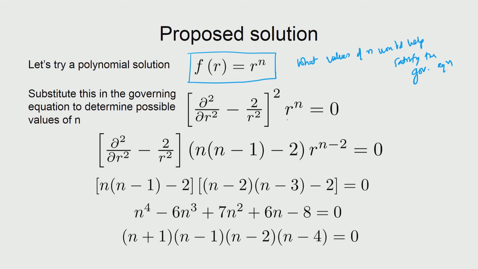So, we go ahead and substitute that f of r here as r raised to the power of n. So, when you act first time, you have dou square by dou r square r raised to the power of n, that would basically give you n into n minus 1 into r raised to the power of n minus 2, and then the second equation is nothing but 2 into r raised to the power of n by r square. So, you basically arrive at this. Okay. So, that is n into n minus 1 minus 2, that is coming here.